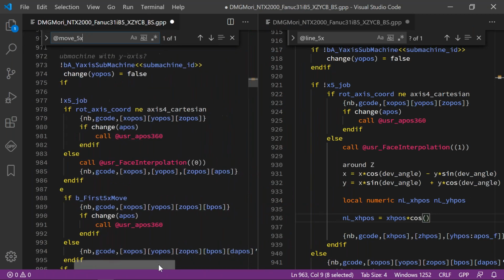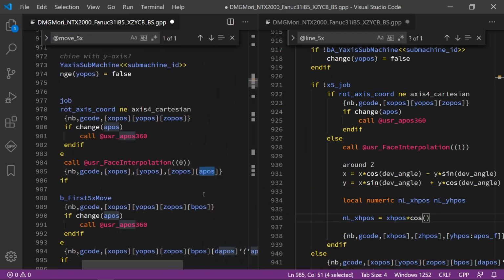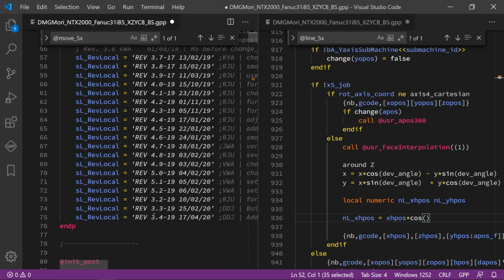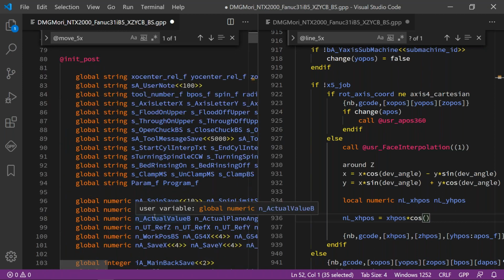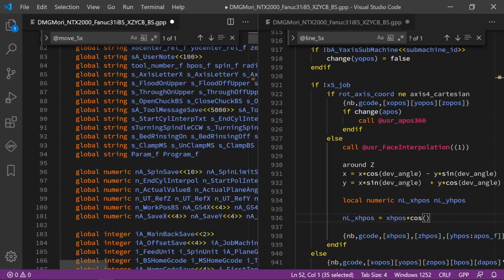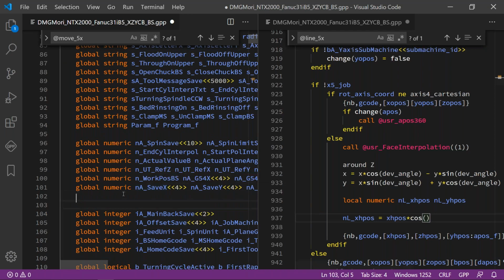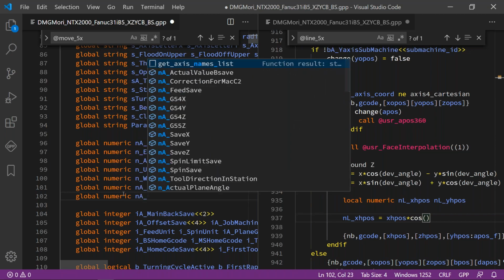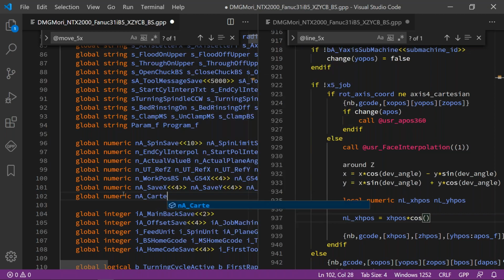You probably remember that I put here this A pose, okay? Now I need to save this value. Now I'll go here on the top and I will declare a new variable. This will be a global variable because I need to use it in many procedures. I will go and create here what I wanted to show you. It's a global numeric, and it's an array because it's according to the channels. And I will call it Cartesian